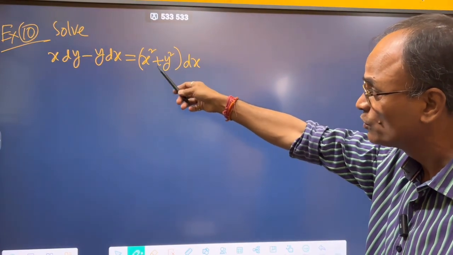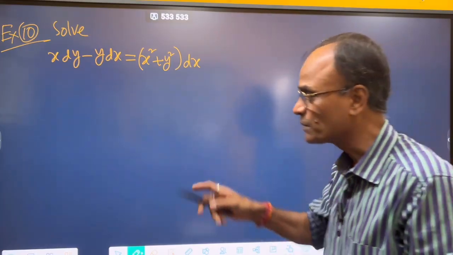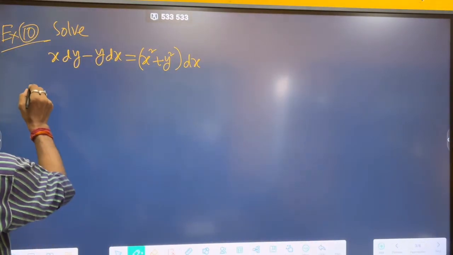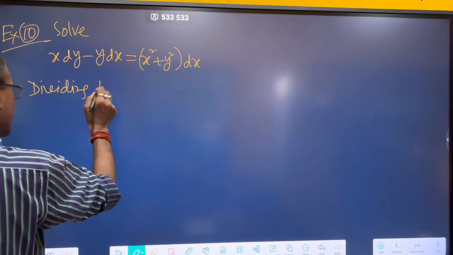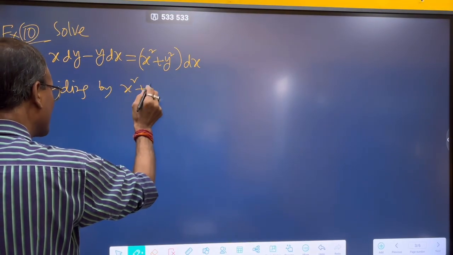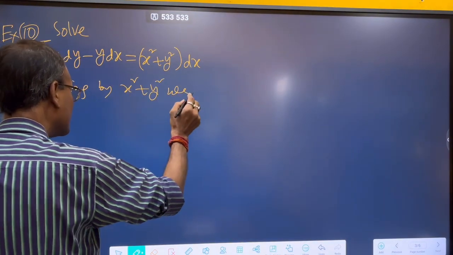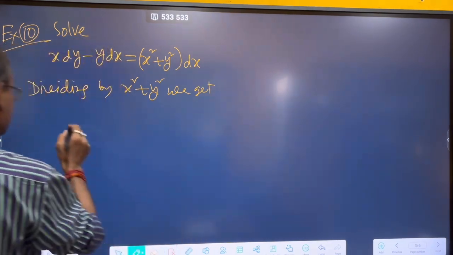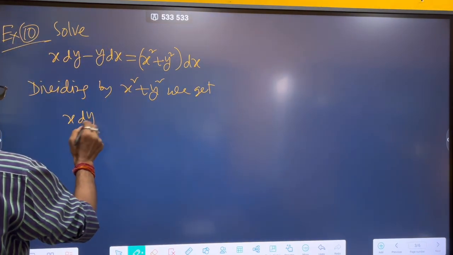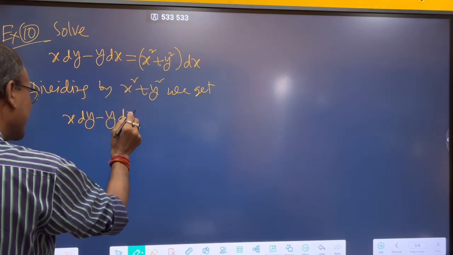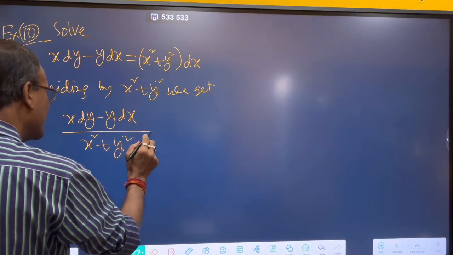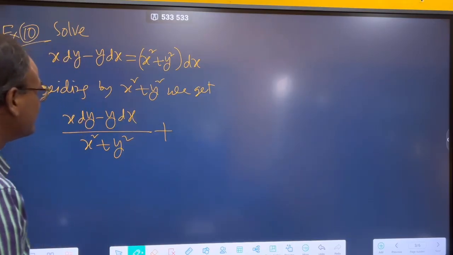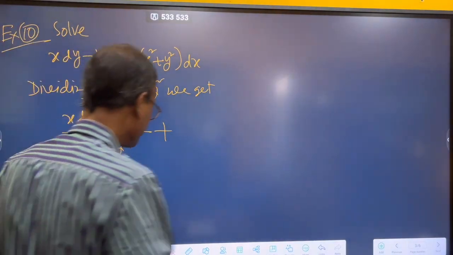Now, dividing the differential equation by x square plus y square, we get x dy minus y dx divided by x square plus y square, this is equal to